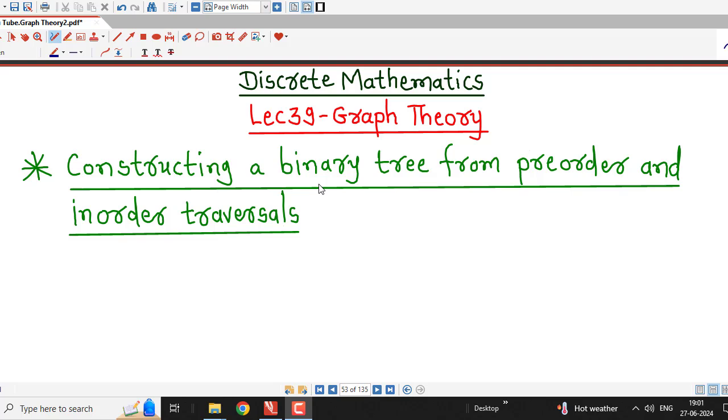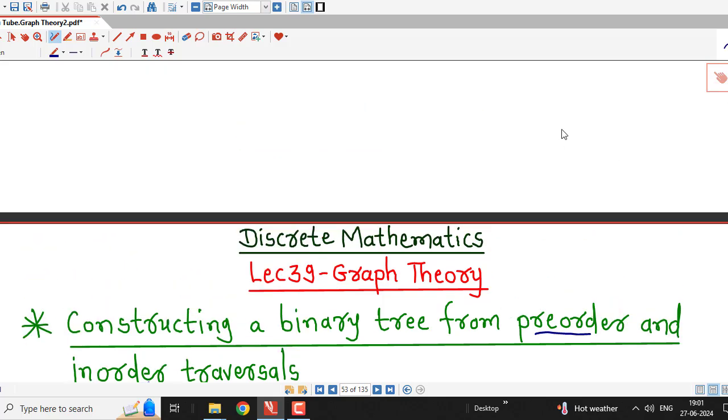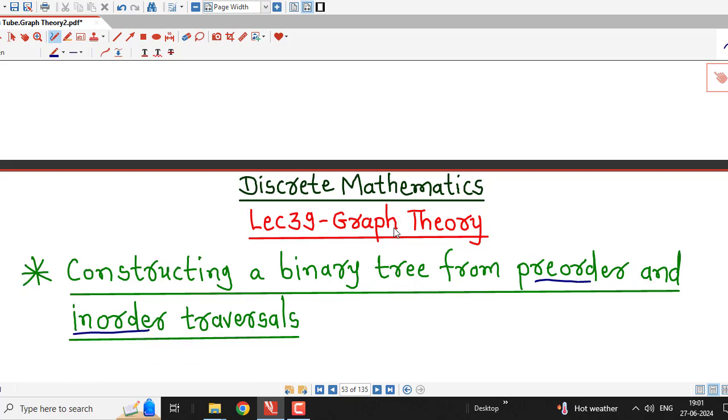In this lecture we are going to discuss how we can construct or draw a binary tree if we are given its pre-order and in-order traversals. In an earlier lecture we discussed that if we are given a tree, then how to find its pre-order, in-order and post-order traversals. And in this lecture we are going in the reverse direction, that is, how to construct a binary tree